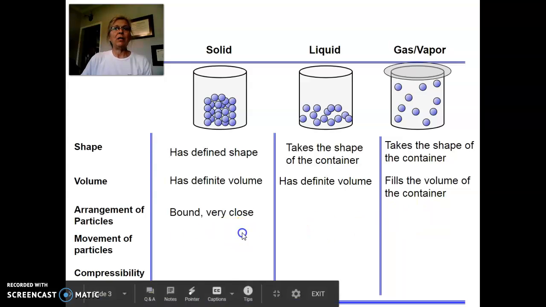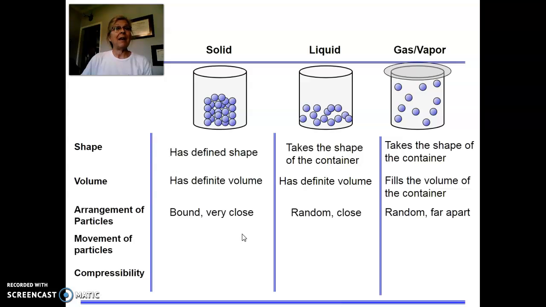How about that arrangement of particles? Once again, we're talking about solids having particles which are very close together, liquids having a little bit more random orientation of their particles, and gases have very random particles which are far apart and do not follow any set